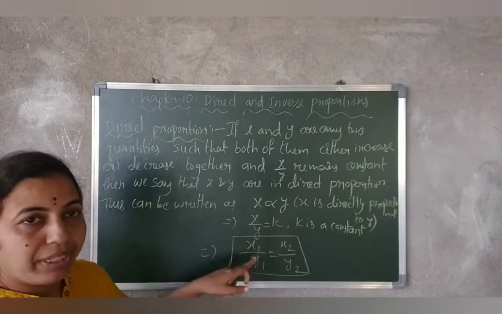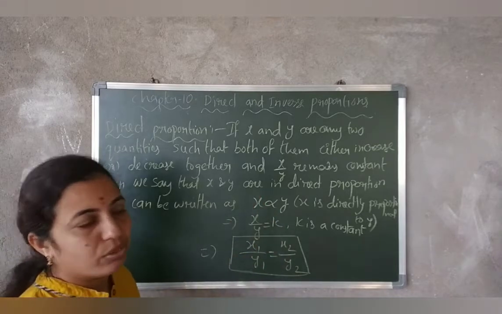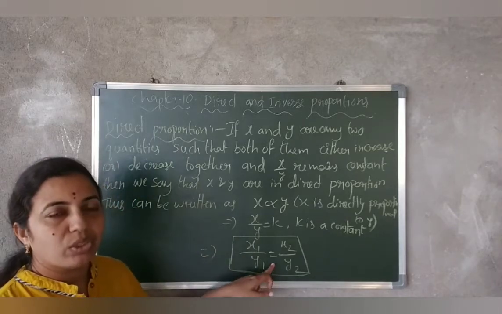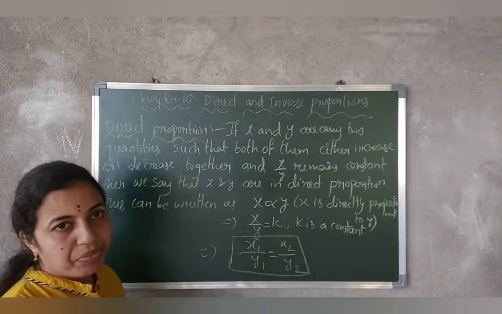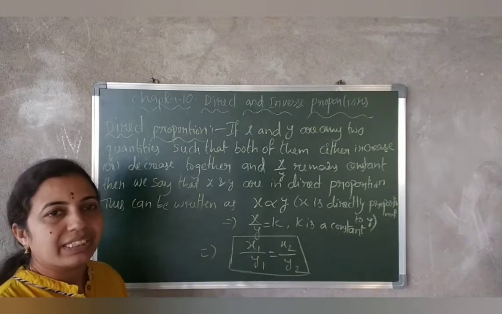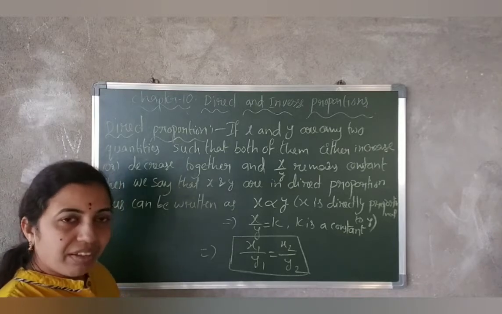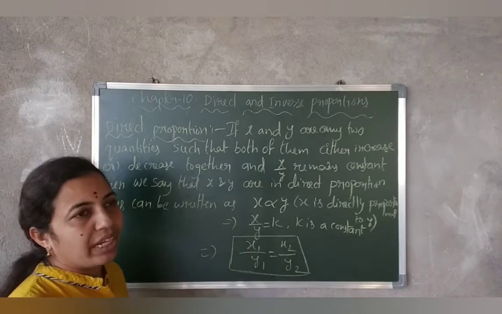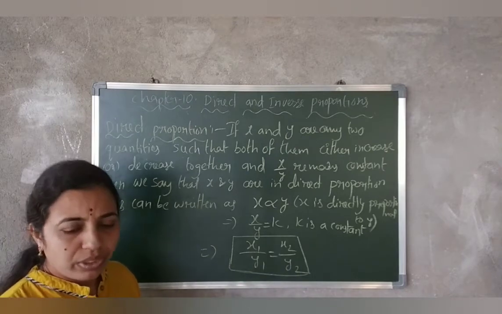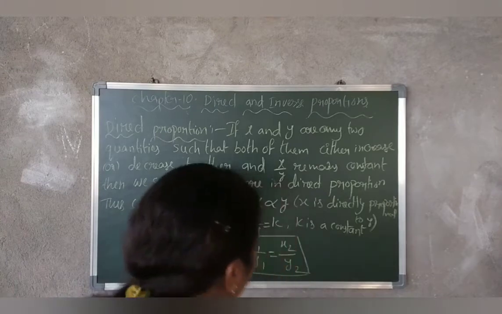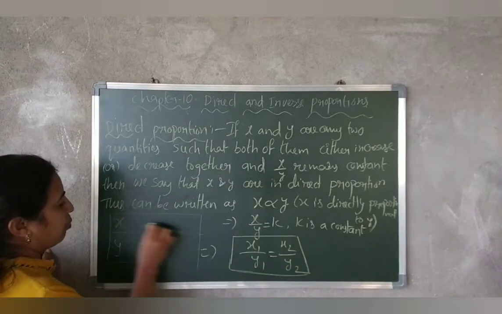This can also be written as ratios. Whatever number of values we take, x1 by y1 is always equal to x2 by y2, and go on, x3 by y3, x4 by y4, like that. If all the ratios are the same, we can say that they are in direct proportion. We cannot always just check whether both are increasing or decreasing. Mathematically, if a box is given with x and y quantities, and you are asked to find whether they are in direct proportion or not,